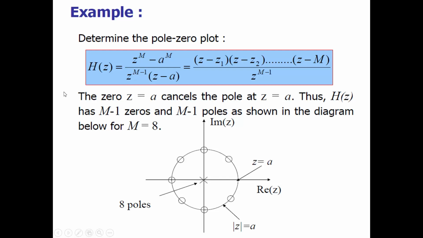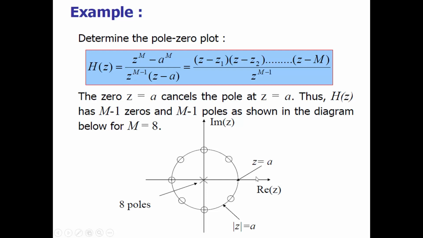So this is how we determine the pole, because it is z to the power M minus 1. So that means capital M is equal to 8. 8 zeros are there which lie on the unit circle. So one pole is there at z is equal to a. Actually, here there will be 7 poles, right? 7 poles will exist